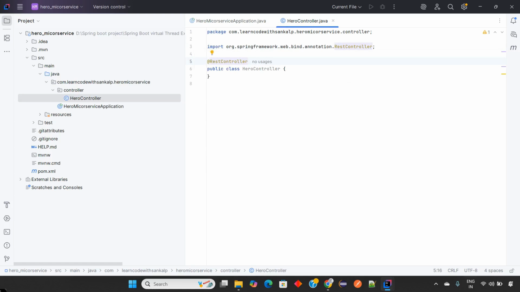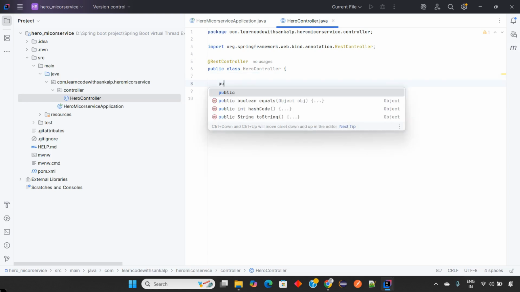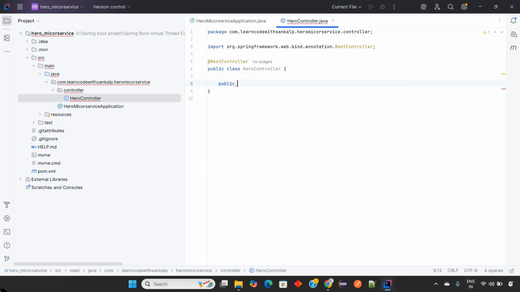Okay, and here you can create one simple method, guys. It will be returning JSON data. Okay, that method name will be public List of String getAllHeroData. Okay, and here you can return the